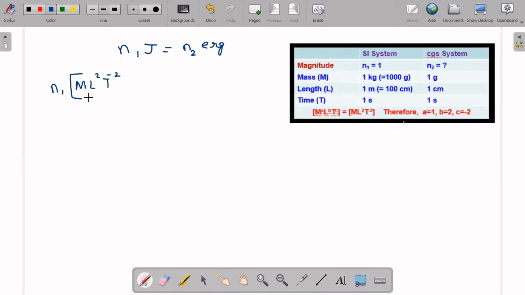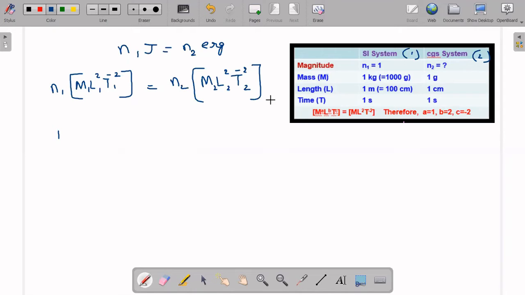So its unit is the same. And on this side n2, let me write here n2 only. Here also M L square T to the power of minus 2. Okay, let me write 1 1 1 and 2 2 2 so that it will be easy. Now these are 1 and these are 2. Based on that, if we write all this, n1 is equal to what? 1. Bigger unit, that's the reason I have taken it as 1. Smaller unit value we will find.